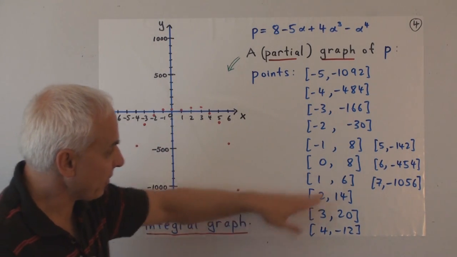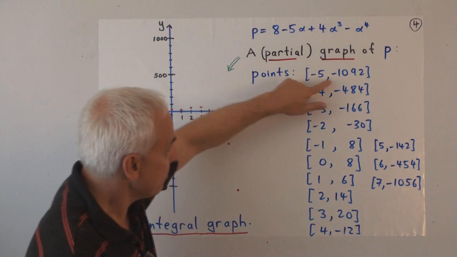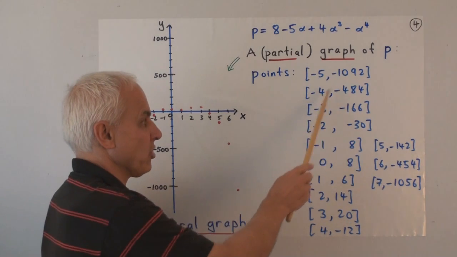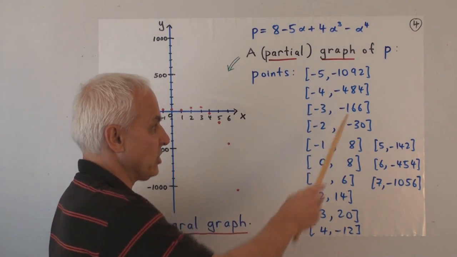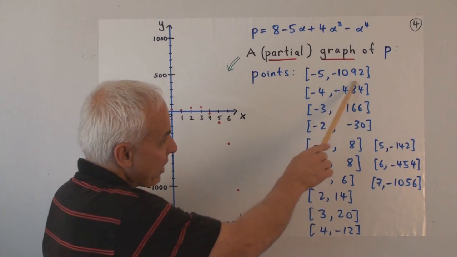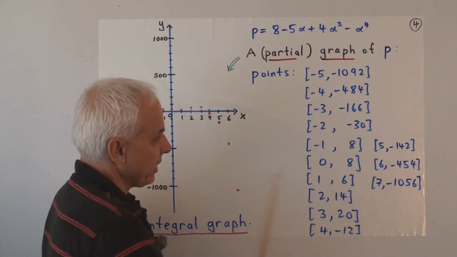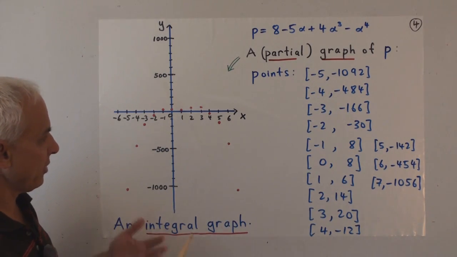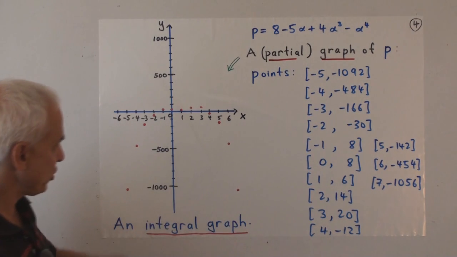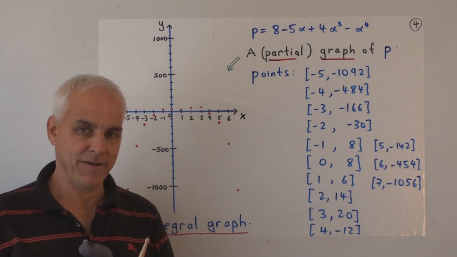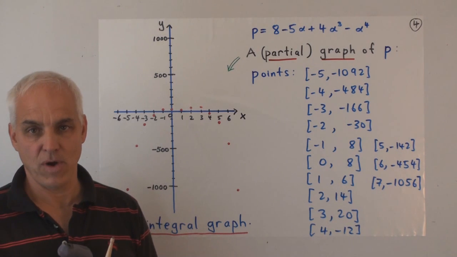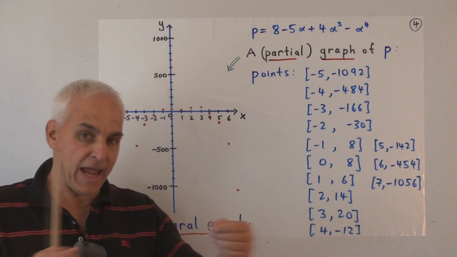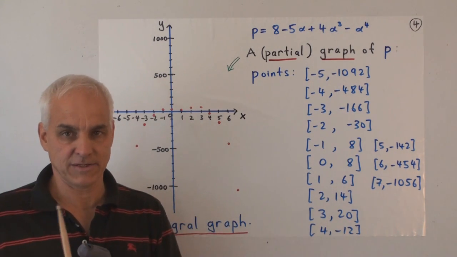Here are these various values that we've already computed. So here are now the pairs of numbers that we would like to graph. These are sort of integer points, and there's a range of them. And one thing that we see is that the y-coordinates, the second coordinates, get quite big, especially big negative. So if we're going to hope to picture them, we should scale our grid in a rather different way than what we did before. And we have to allow ourselves this flexibility to scale the two axes in different ways.